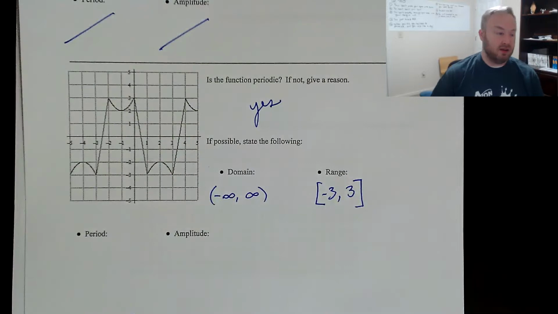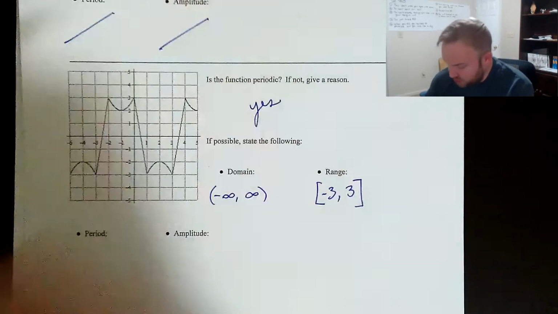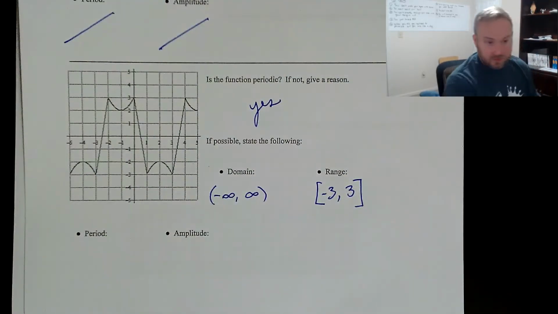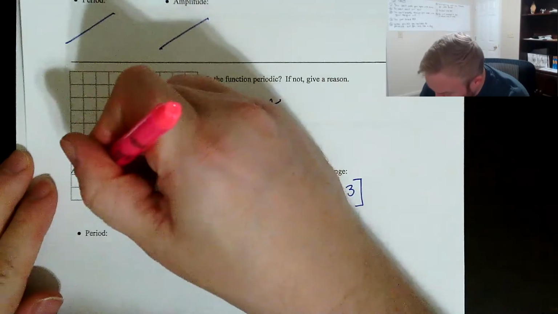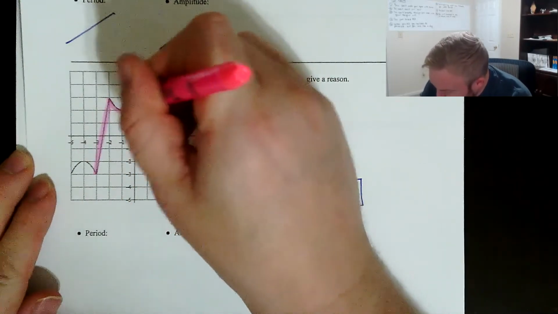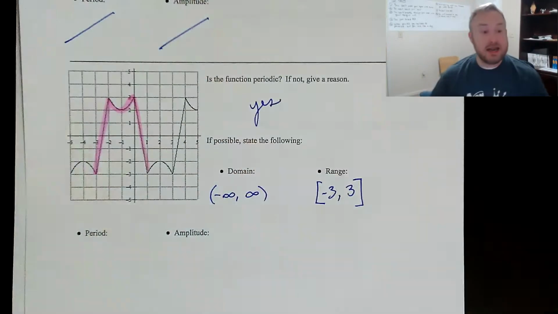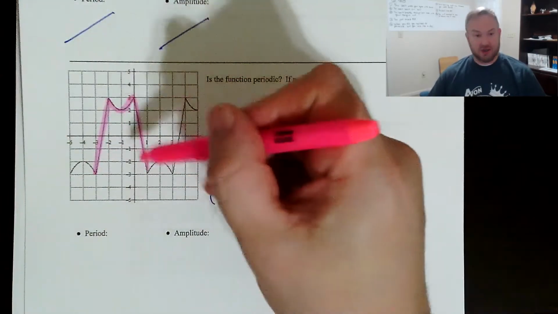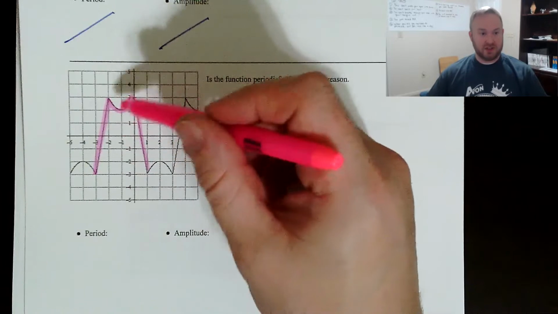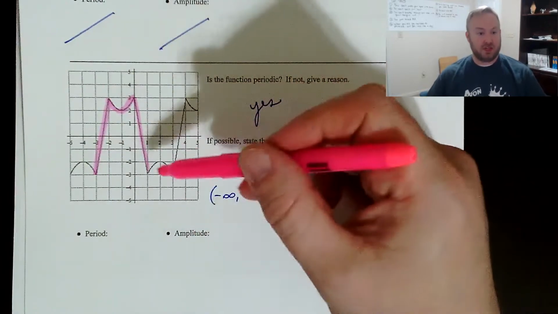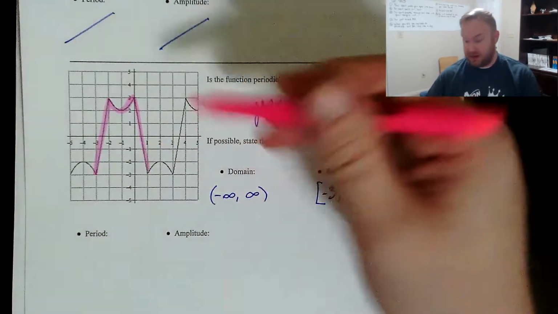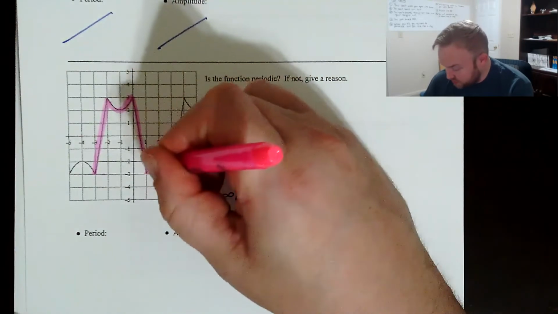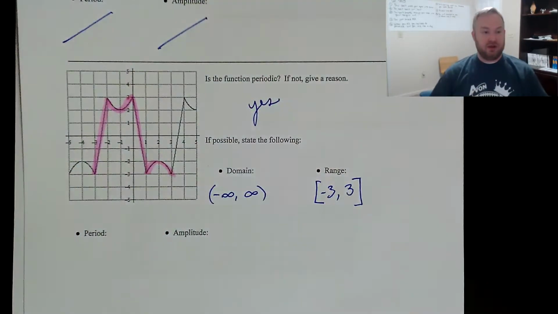For the period, you need to just highlight one cycle of this graph. And notice, I want you to notice that, let me just highlight part of this here. This is not one cycle of this graph. I don't know what you call this shape, but this is just kind of the up version of the shape. We've got the down version here as well, and so we need to include that little down hump.